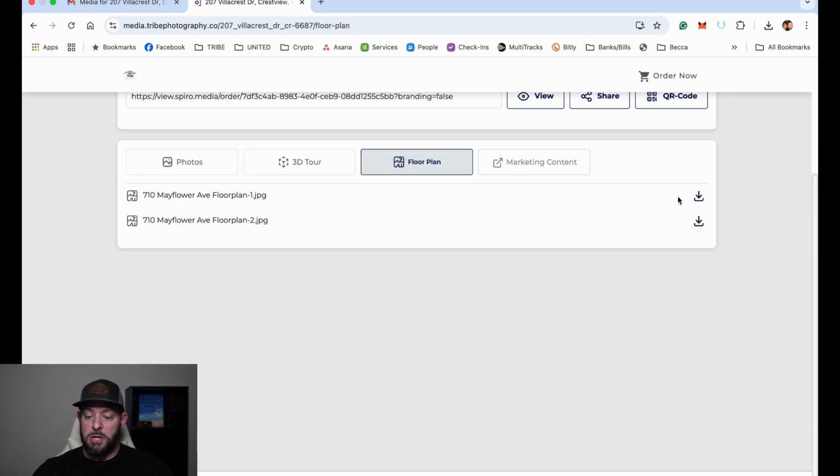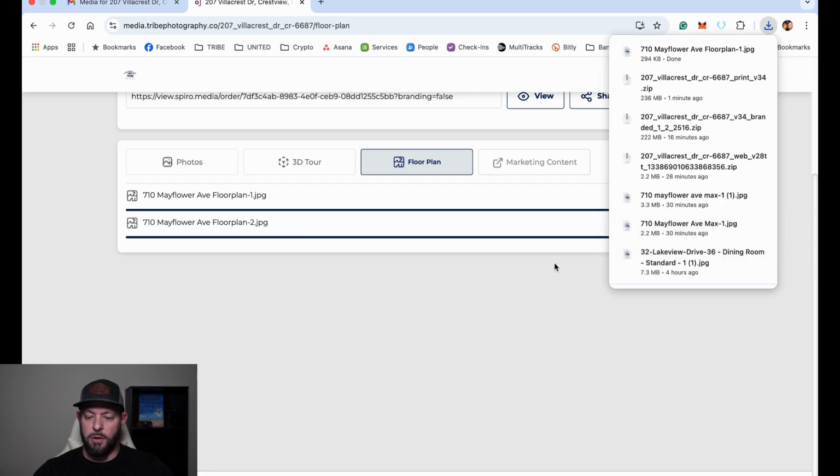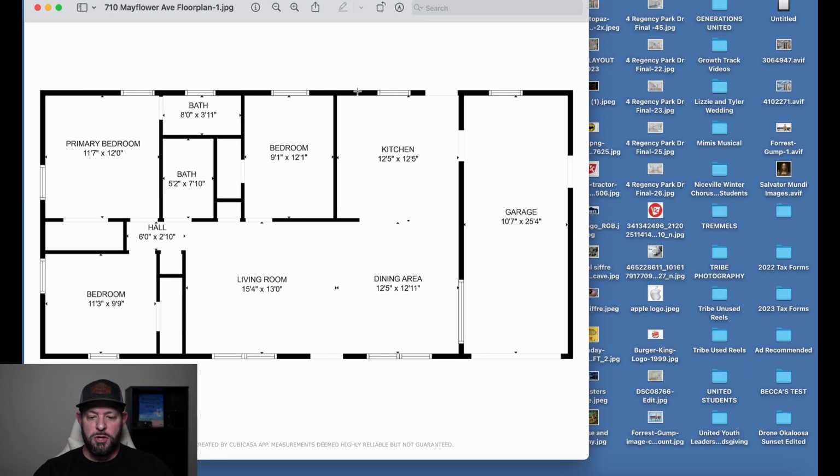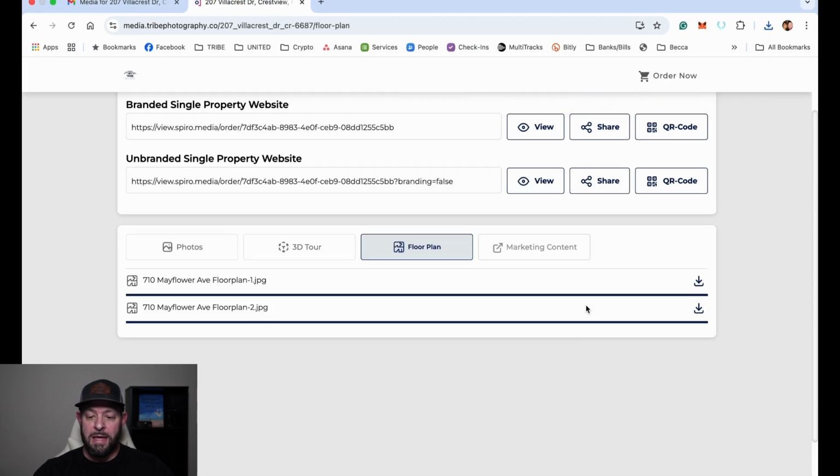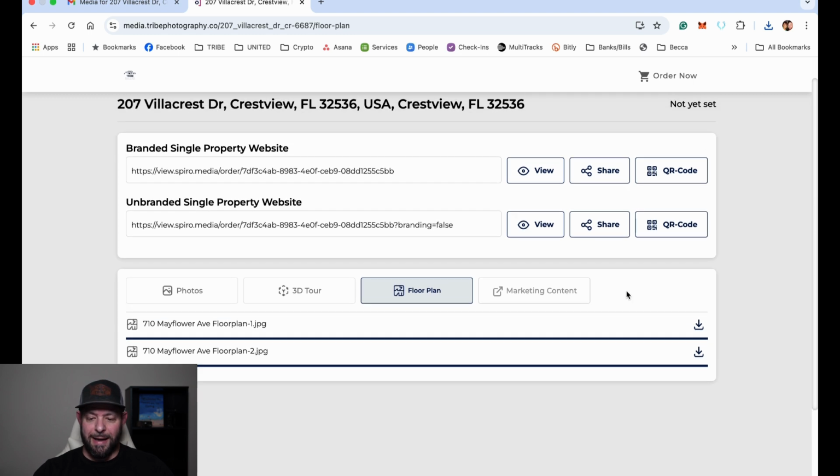For floor plans, you have to download each image individually. Just click download on those. They're going to pop up and you will see your floor plan, your basic floor plan right here available to you. Now, the next thing that I'm really excited about